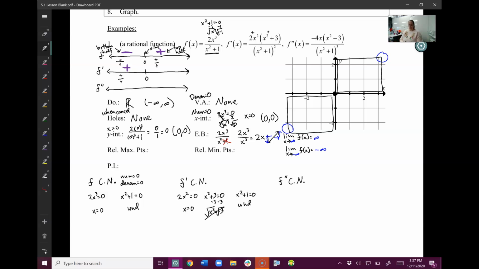Now let's take a number to the right. So let's say a positive 1. 2 times 1 squared, 1 squared plus 3. I plug all that in. 1 squared plus 1 squared. Also a positive over a positive. So also still positive. So that means that I'm going to have a critical number at 0,